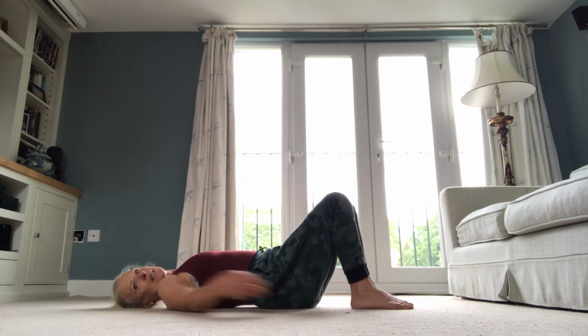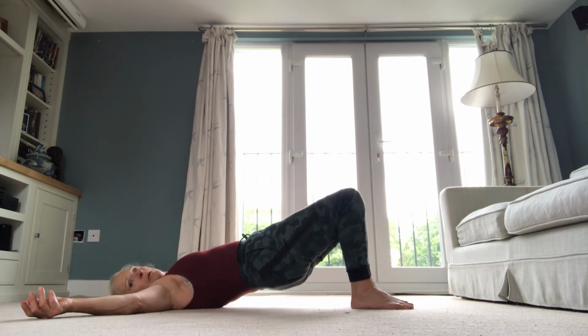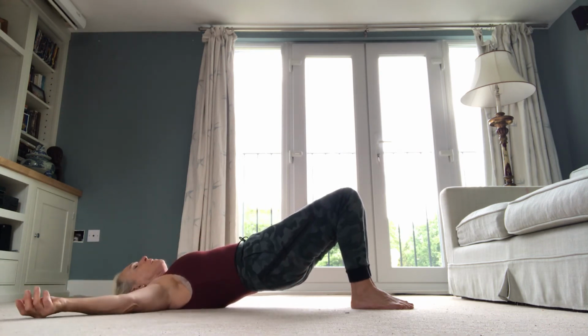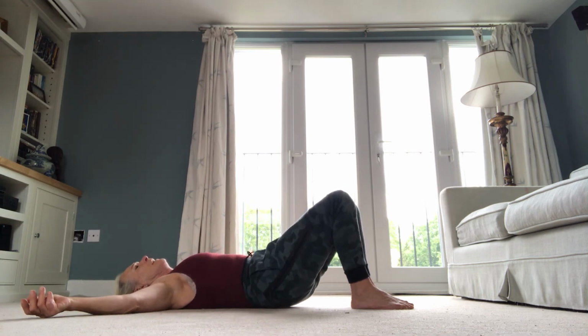Okay, squeeze the buttocks, pelvic floor, lift the weight up. There it is, soft chest, soft shoulders. Feel how those muscles now are hard, they're contracted. When you peel each vertebrae and lower through the middle,